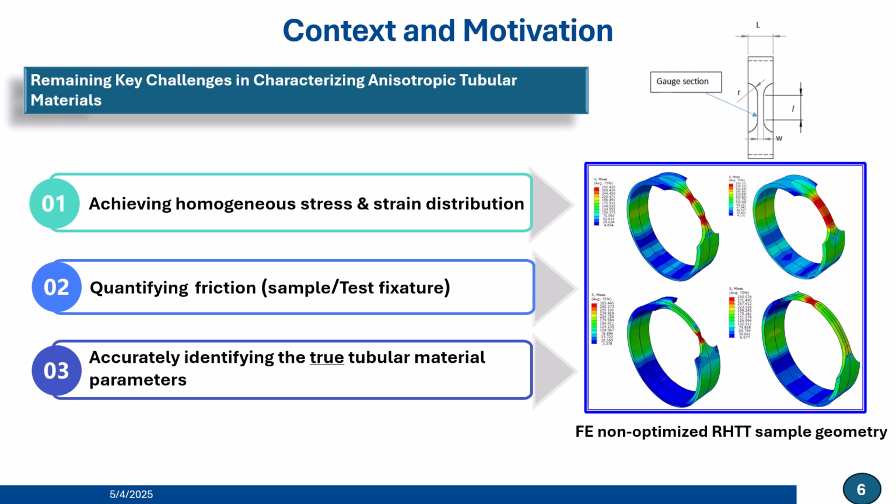Despite its advantages, the Ring Hoop Tensile Test technique presents three key challenges that must be addressed systematically. First, achieving homogeneous stress and strain distribution within the test specimen's gauge section is difficult due to non-optimized sample geometry and frictions. As you can see here from these illustrations, where we used finite element simulation by varying different geometries. Second, quantifying the unavoidable friction between the sample and test fixtures requires special considerations. And third, we need robust methods to accurately identify the true material parameters from the test data, separating them from